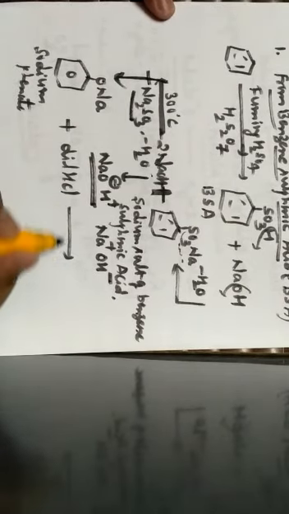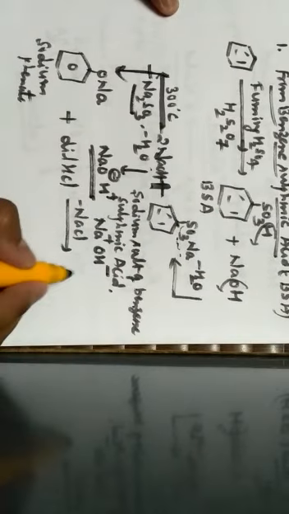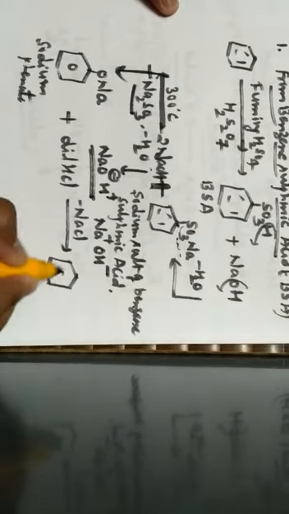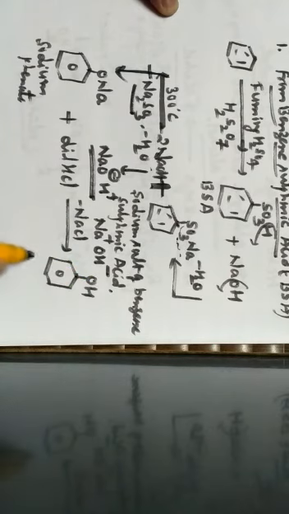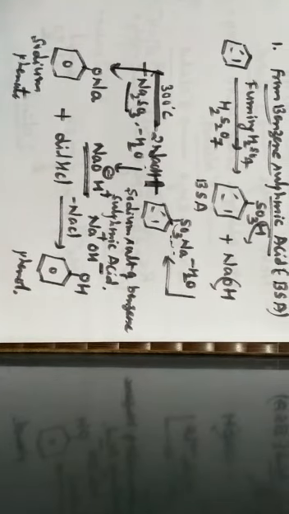So this particular sodium phenate which is obtained is made to react with dilute HCl. So when it is made to react with dilute HCl, NaCl gets eliminated, and the final product which is obtained is called what? Phenol. So this is the first method by which phenol can be prepared by using benzene sulfonic acid.